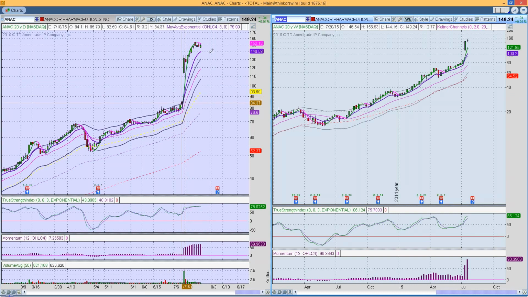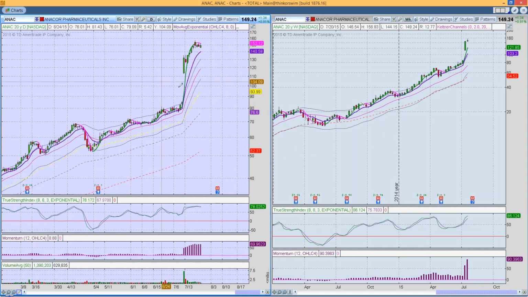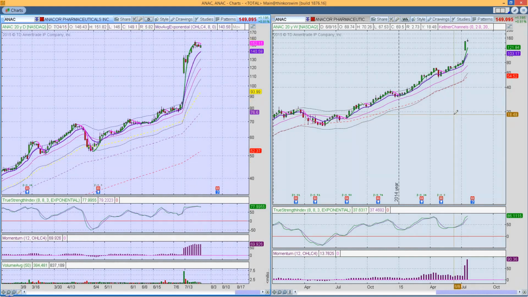This is almost 100% gain in just a few days. I mean, we jump from here to here. That's 83%. So that tells me either something's going on, positive information on a drug test, or somebody knows something prior to earnings, which are coming up on August 6th. At this point, Judy, if you're long the stock, great. If you're not, you're going to have to wait for something constructive to happen where it's going to pull back into a proper buy point.